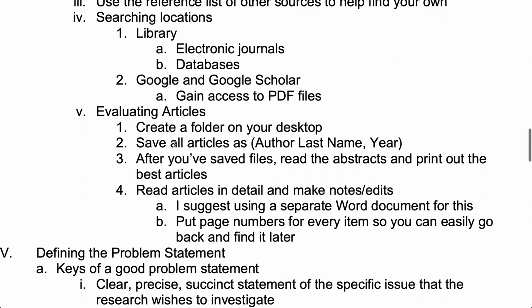But if you're just evaluating a set of articles with, for example, the simulator exercise, you could just call the folder simulator research and then just save it all to that. You don't need to rename the title unless you wanted to. It just depends on your system. But all those articles are going to be associated with your simulator research study. After you save all the files that you think you're going to use, read the abstracts and then choose the best articles. You don't need to print them out per se anymore. You can just read the articles on your computer and basically pull out the details, make notes and edits on